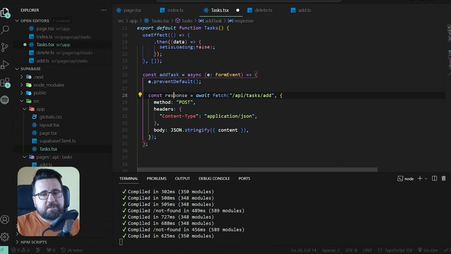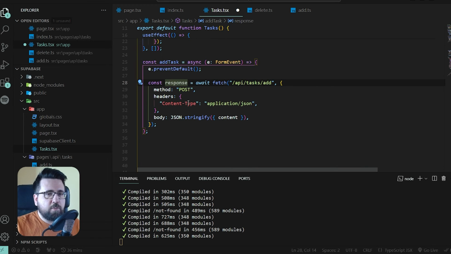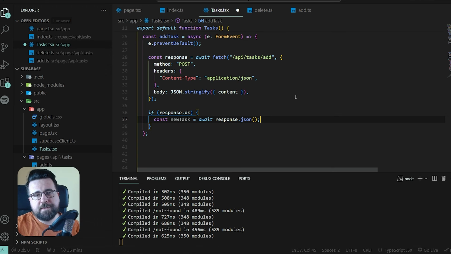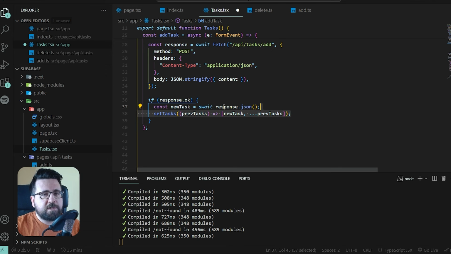And we are getting some response from this after a while. If our response is okay, we are then going to create a new task. So like I said, the idea here is that I was going to use the data that I got from Supabase, such as the date and the ID, which I ended up not using, except for we are using the ID as the key, but that's not that relevant. I was going to use the date as well, but I ended up not using it. So you might be able to skip this step completely and just use your content and your ID that you generated on your own. So I've set it up to create a new task once we get the response